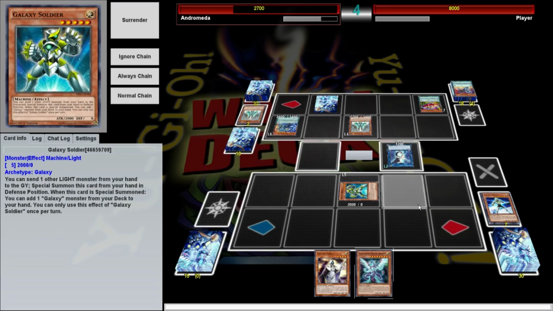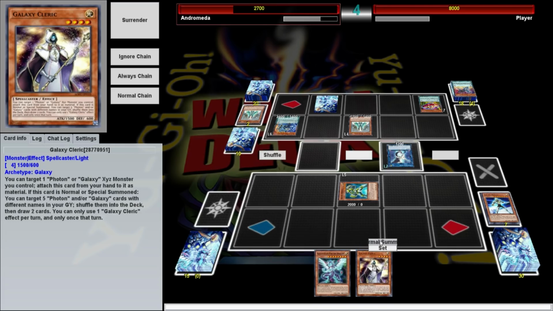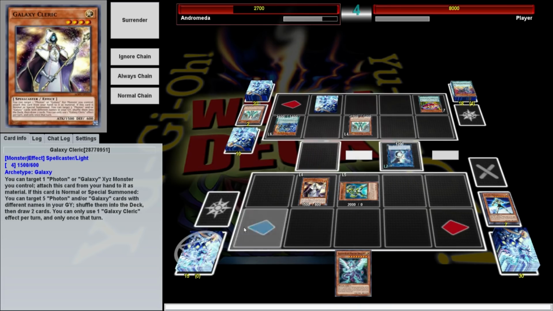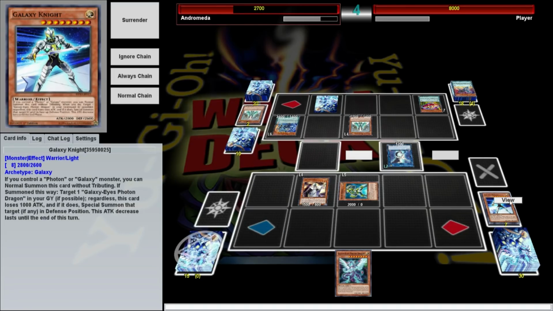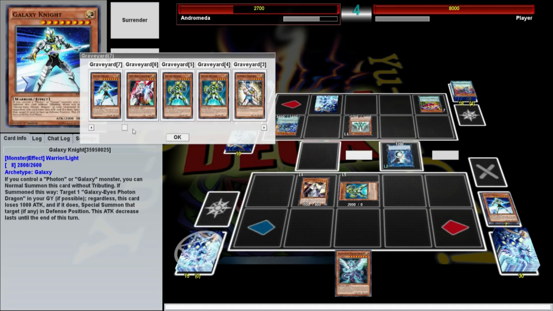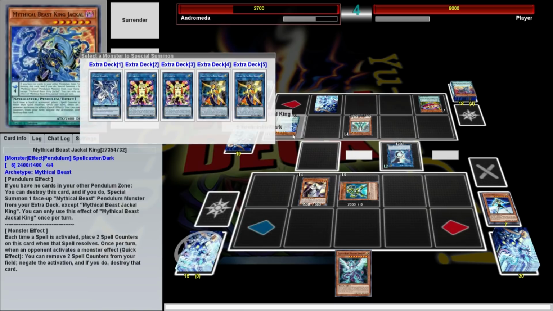Yep, let's just get one of these to our hands. It's a sad state of affairs to have to waste that, but it is a normal summon. What can I get back to my hand that would help me? Probably nothing, but let's just go, we got...